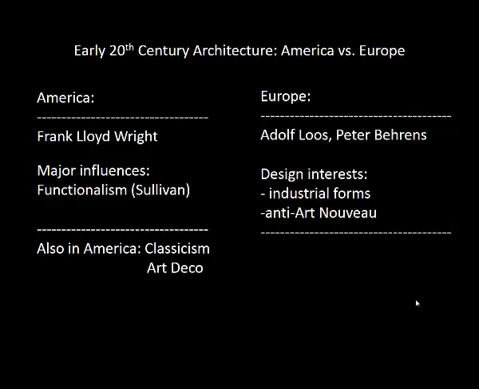He was very much into functionalism, which, as we know, is an idea that Sullivan suggested, and that is that the design needs to be integrated with the function. So he's very much into functionalism. Form follows function. The design is aesthetically appealing, it looks nice, but it has a purpose. Now, this is in somewhat of an opposition to another trend in American architecture that we're going to look at,